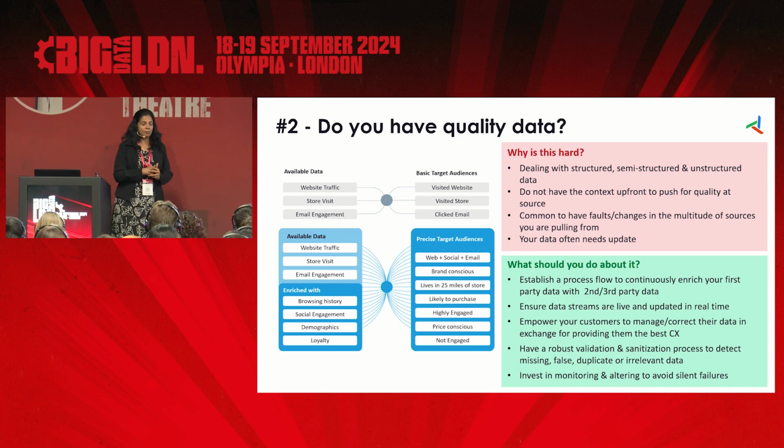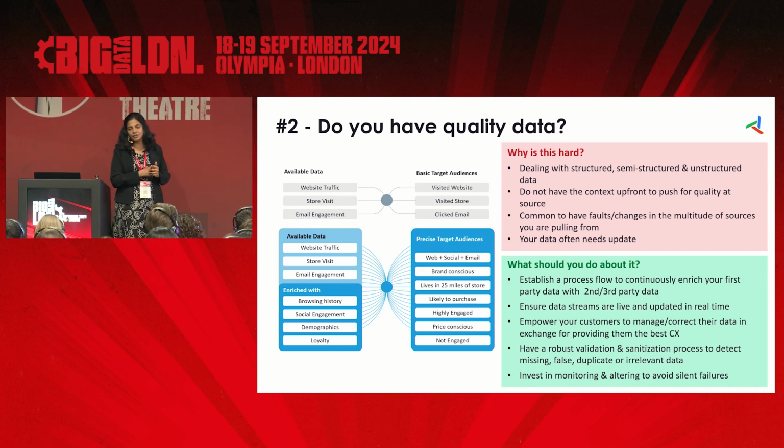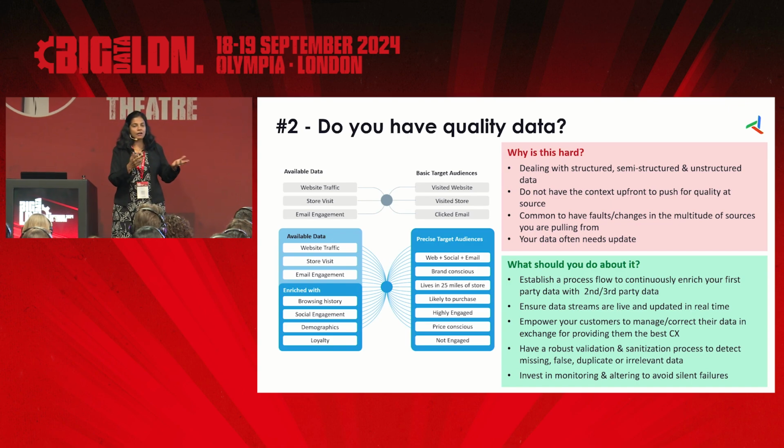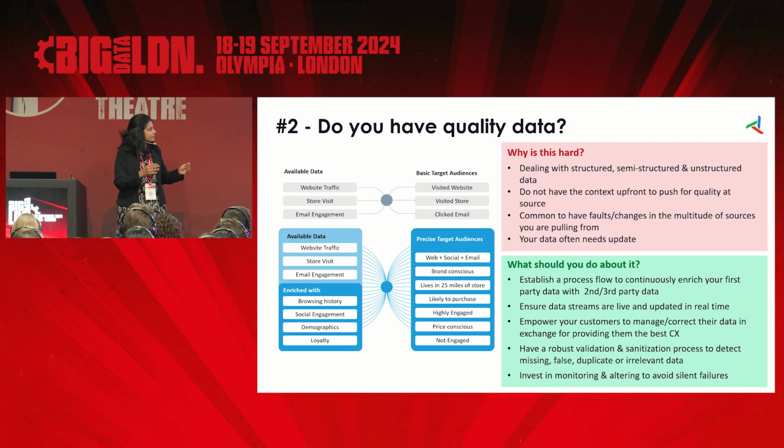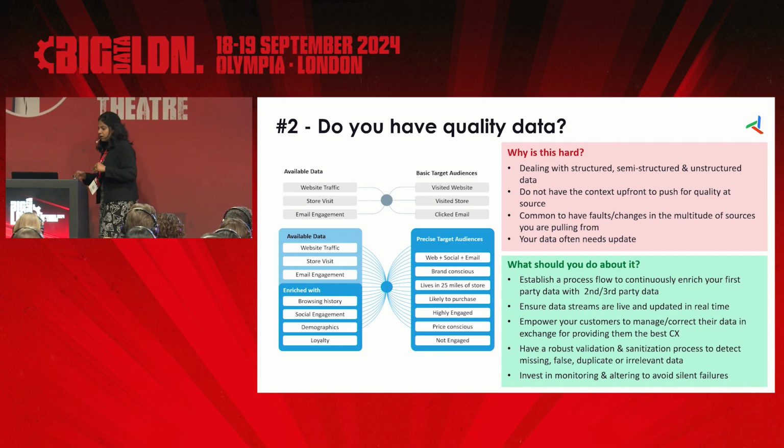And lastly, monitoring, right? The last thing you want is silent failures. When some data goes wrong and you don't even know, that's the primary cause of trust erosion. So building the right monitoring and alerting system can really help.